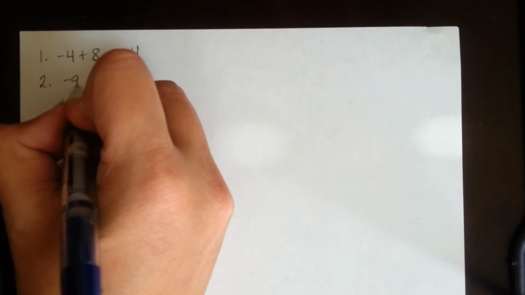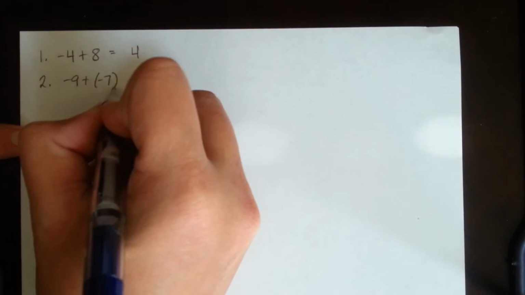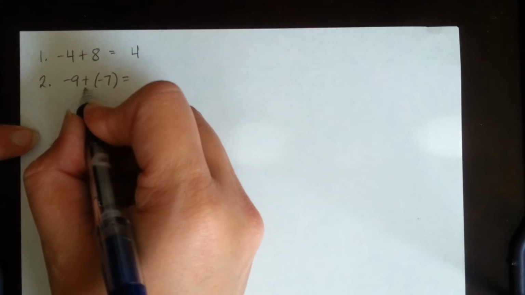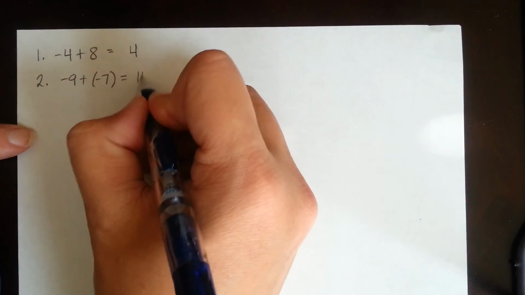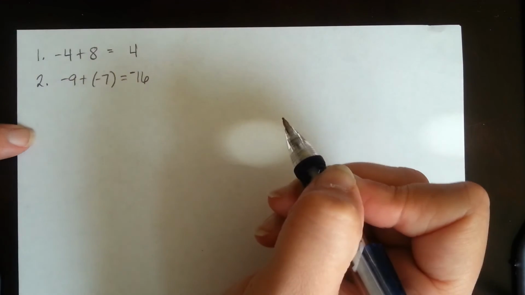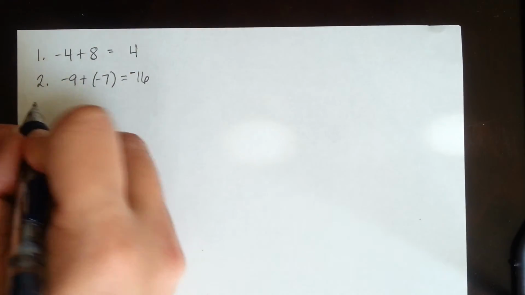Number 2, negative 9 plus negative 7. This is an addition problem. They have the same signs, both of them are negative, so we're going to add the numbers and keep the sign. So I should get a negative 16. Number 3,